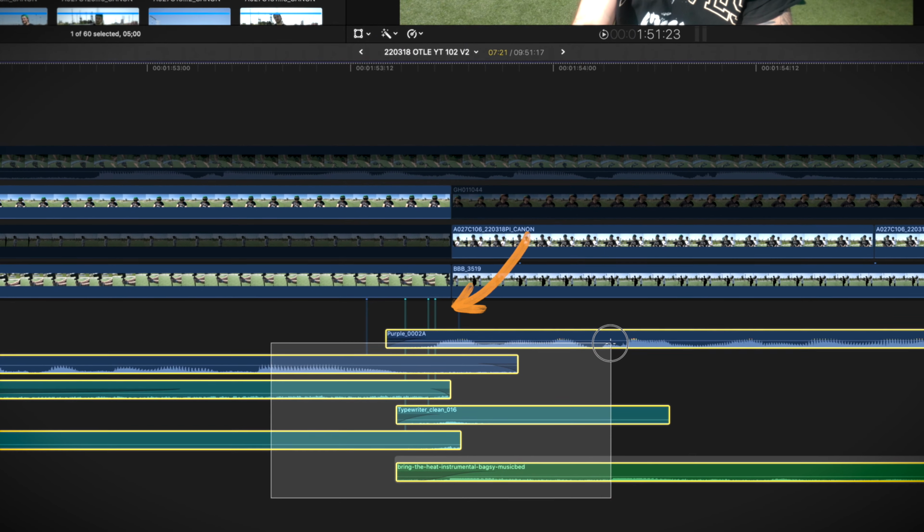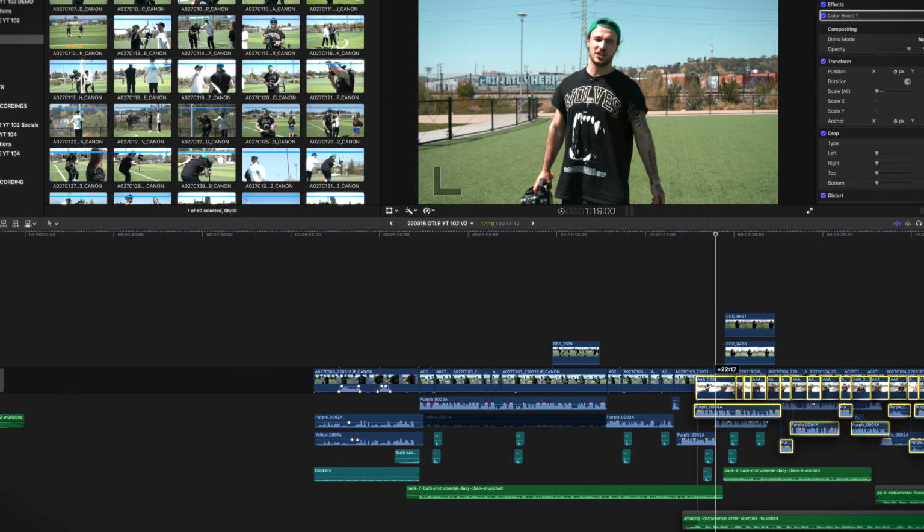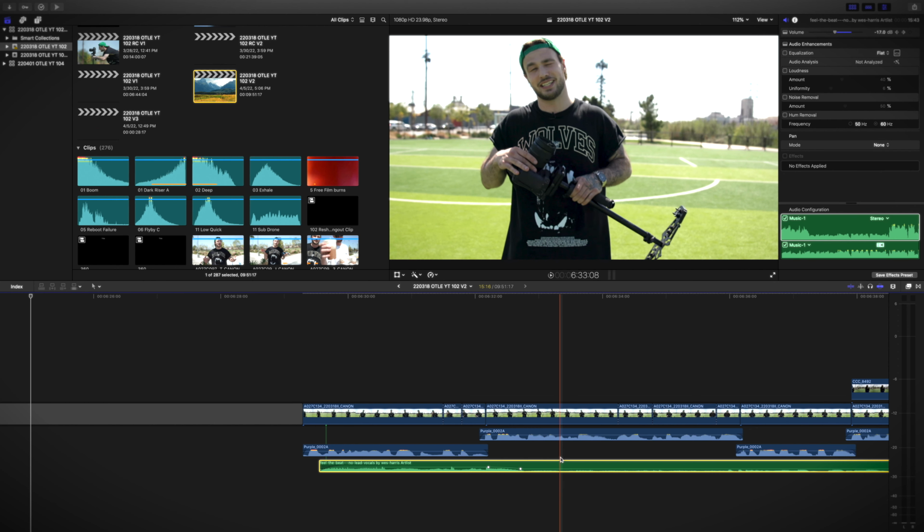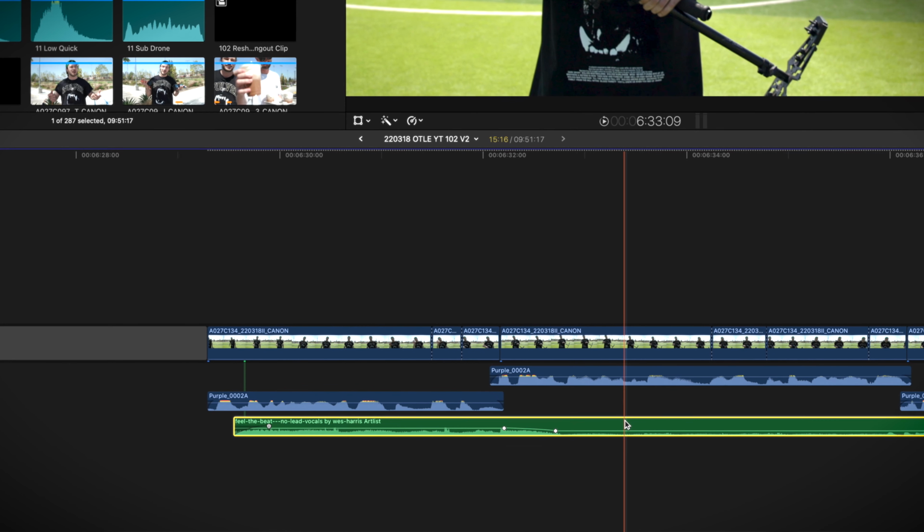If you have your timeline set up properly and your clips connected to the right place, you can move them around super easily. So here are a few things to keep in mind when working with your magnetic timeline. As you guys know, video and audio clips are attached to the primary storyline with a connection point. To change a connection point, you have to place your playhead where you want to create the new connection